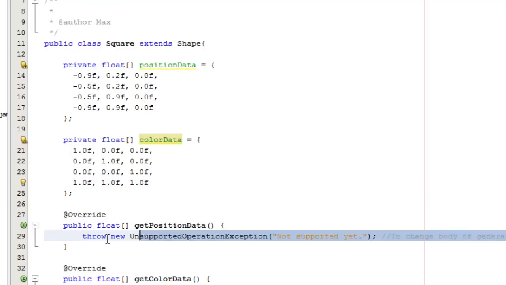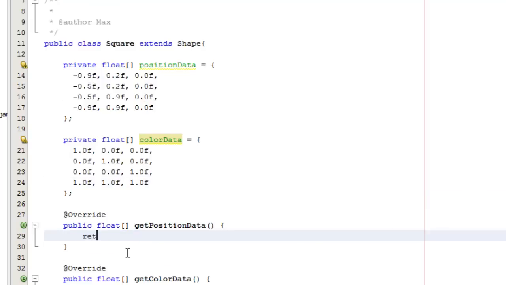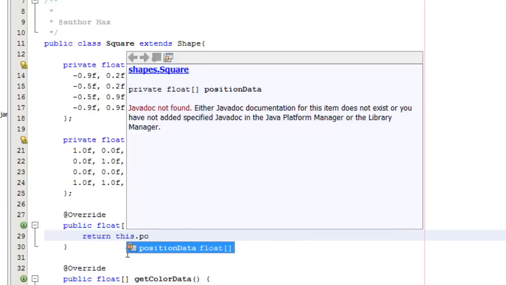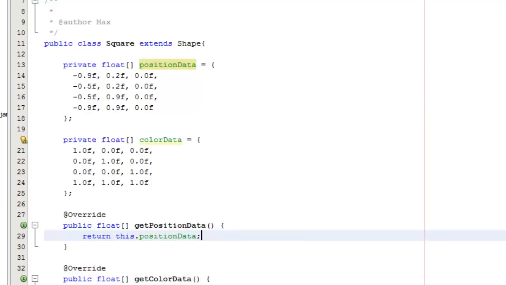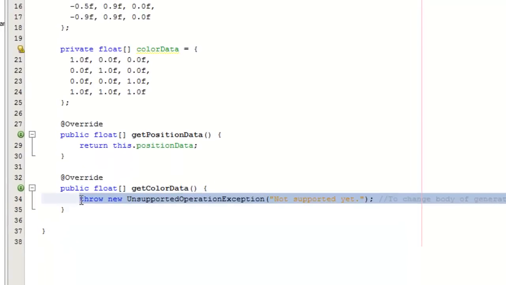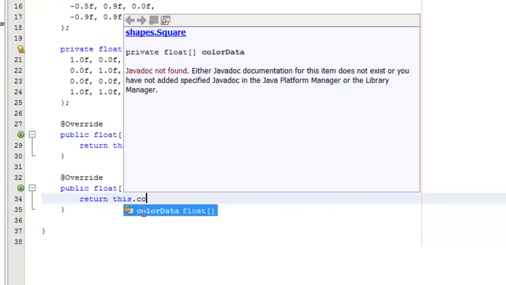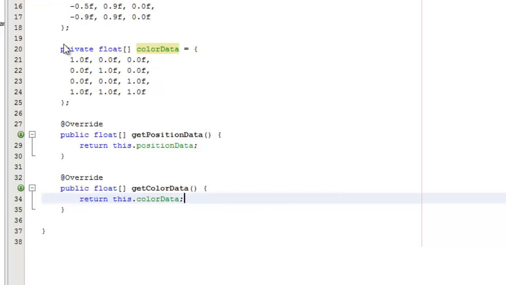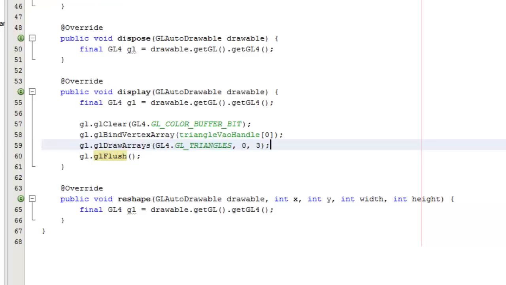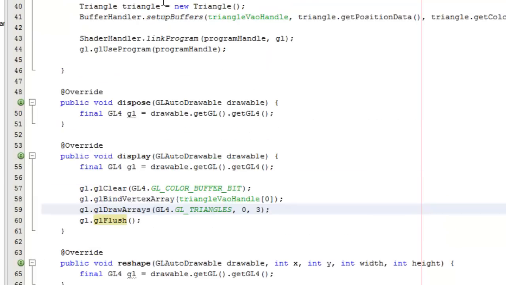So here in the get position data, you see return this dot position data, and in the get color data, you'll return this dot color data. So here's where we'll go back to the render class, sorry, and just before we link